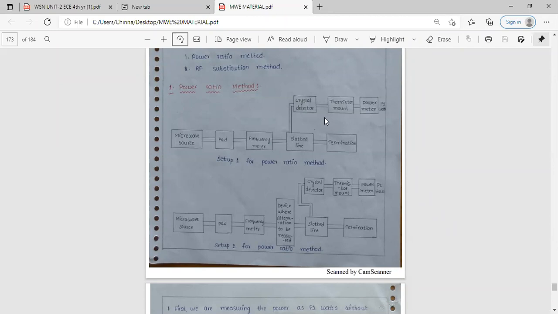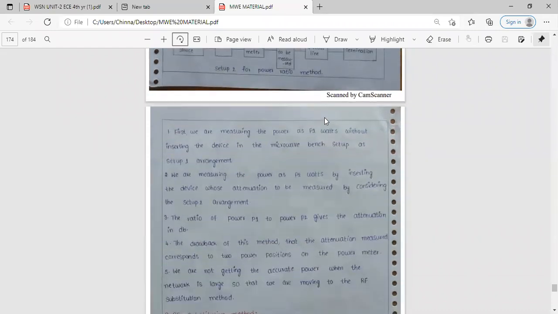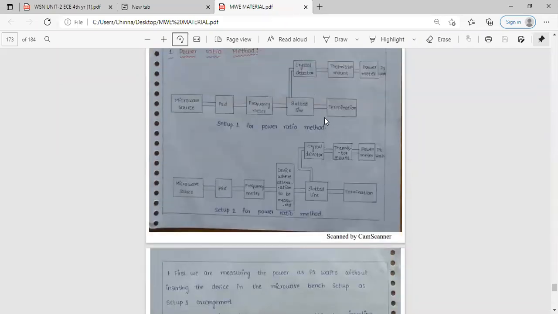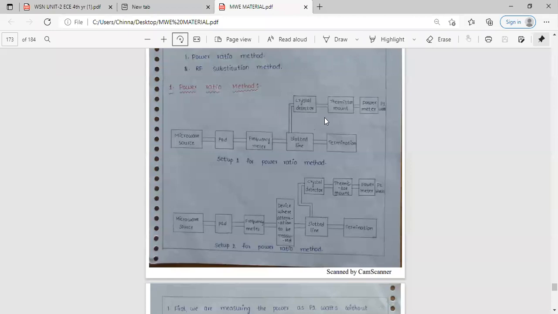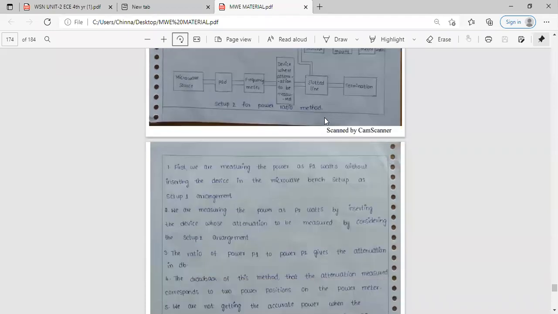So first we are measuring the power as P1 watts without inserting the device in the microwave setup bench 1. In microwave setup bench 1 arrangement, we are measuring the P1 power without inserting any unknown device. Okay, so we are measuring the power P2 watts by inserting the device whose attenuation is to be measured, considering the setup